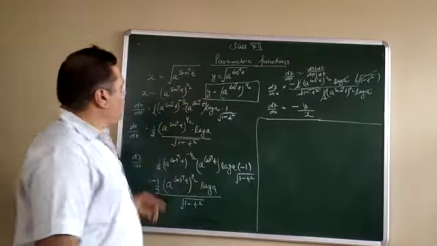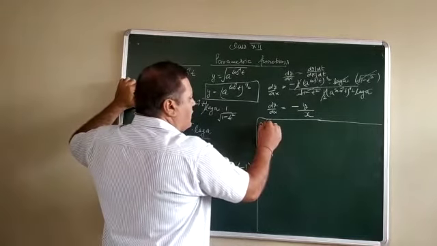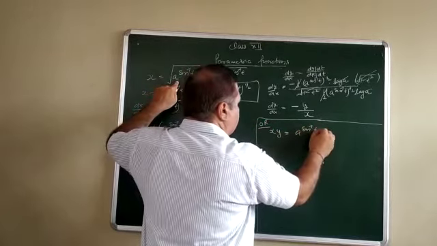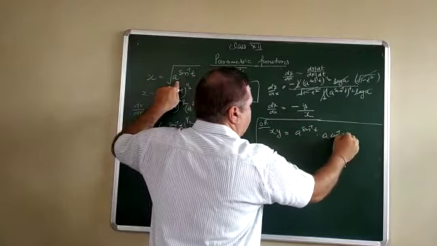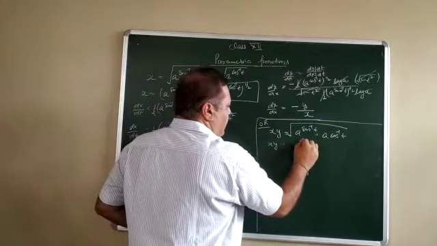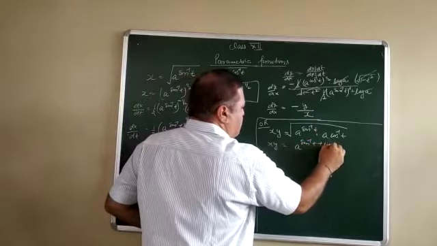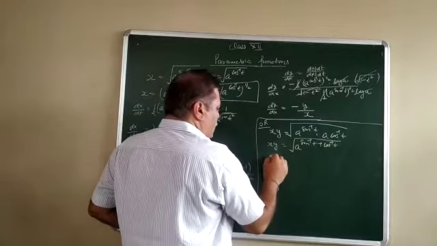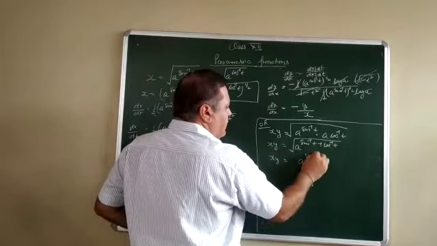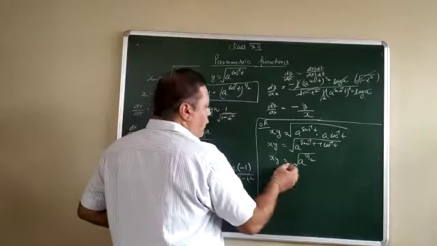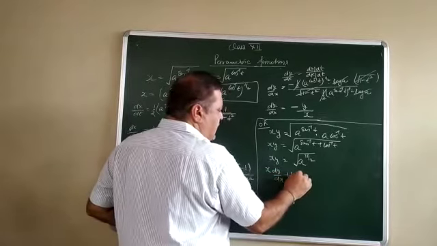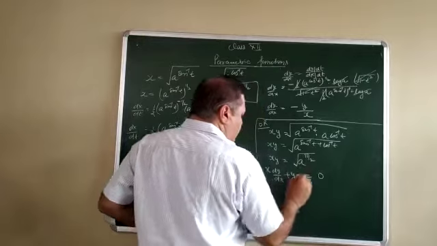Now see one shortcut method. Multiply these two, multiply x into y. It is the square root of a^sin⁻¹t into a^cos⁻¹t, because they are in the form of multiplication. xy equals the square root of a^(sin⁻¹t + cos⁻¹t), as the base is the same, so the powers get added. xy equals the square root of a^(π/2), by the property of chapter 2. Now take the derivative. First function as it is, derivative of the second function, plus second function as it is, derivative of the first, and the derivative of a constant equals 0.